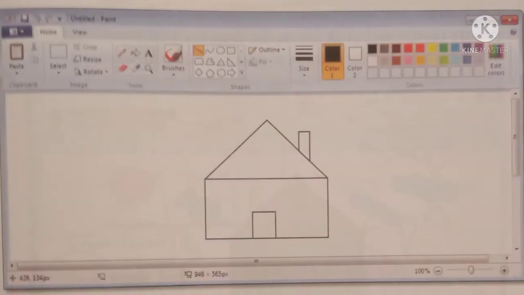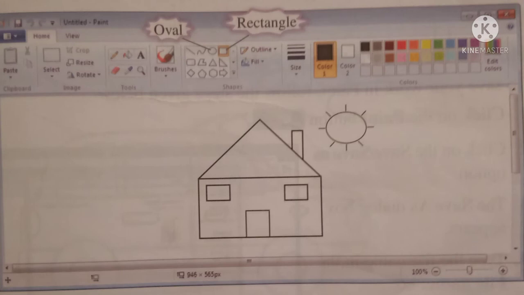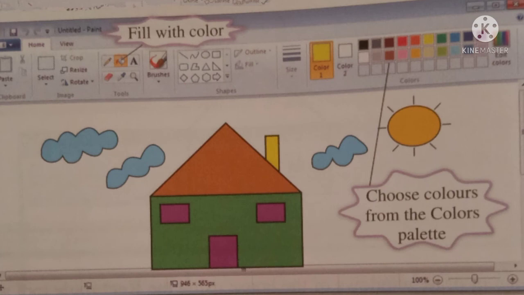Using the line tool, draw the chimney and door of the house. You can draw windows of the house using the rectangle tool and the sun using the oval tool. Draw clouds around the house with the pencil tool. Click on the Fill with Color tool.